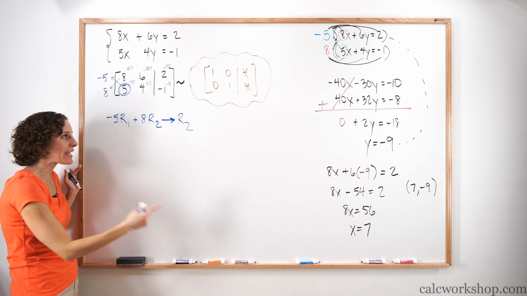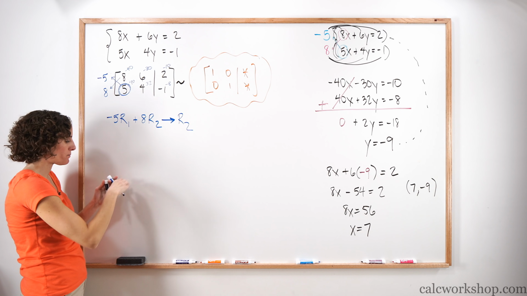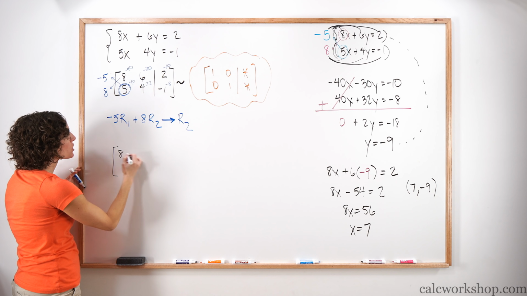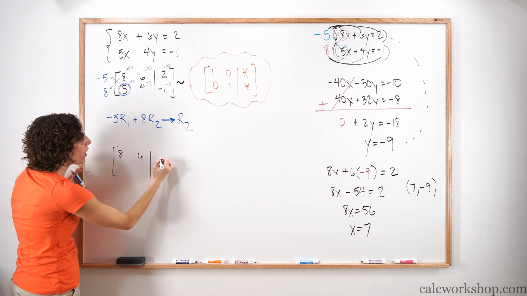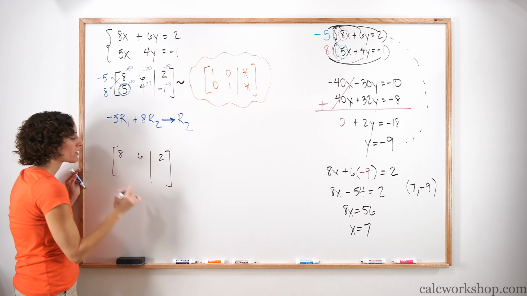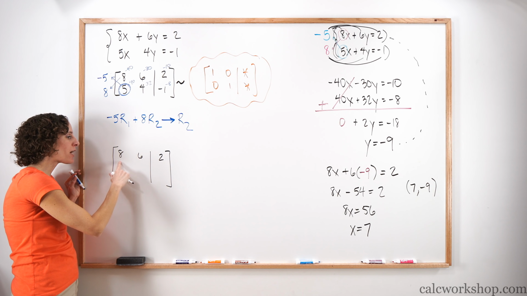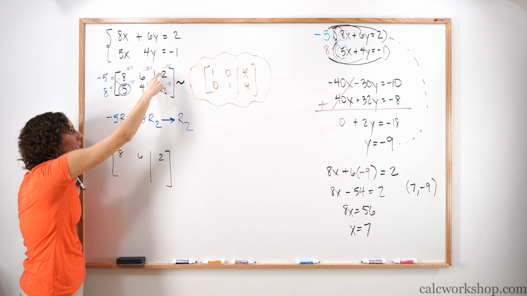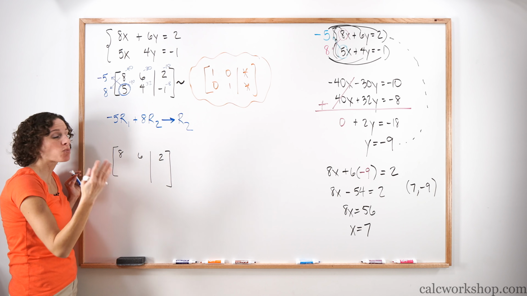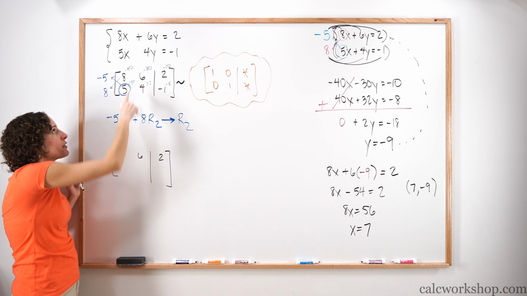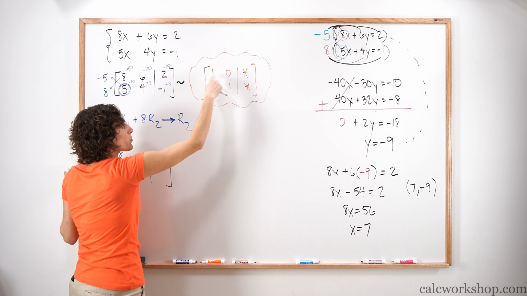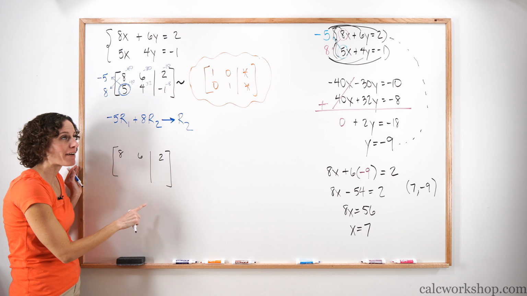Who do we want to change? We want row 2 to change. Well, that means row 2 is the guy that's changing, which means the original row 1 is going to stick around. Now that's interesting. How come the original row 1 is staying and I'm not writing -40, -30, and -10? Because what would be easier to work with later? Big numbers, little numbers. So whichever row we need to replace, that's the only one that gets affected.